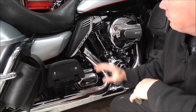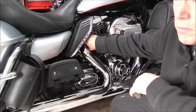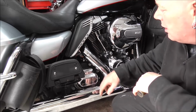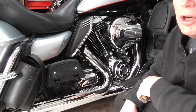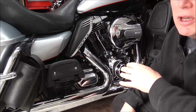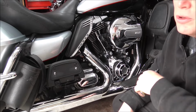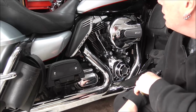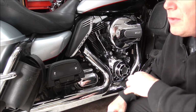So when I bring you back, we'll have just the bare system on, and what I might do is spray a little bit of WD into the threads on the heads for the header bolts, and maybe on the clamps. And I'll probably pull the main fuse, because I'm going to be disconnecting the O2 sensors and stuff. Anything with a CAN bus system on it is really finicky. It just takes a tiny little spark and it'll damage something, as in a little surge, or messing about with connections. Honestly, it's so easy to mess it up. So I'll pull the main fuse out probably, and then we'll come back and we'll get this exhaust off. So until then,